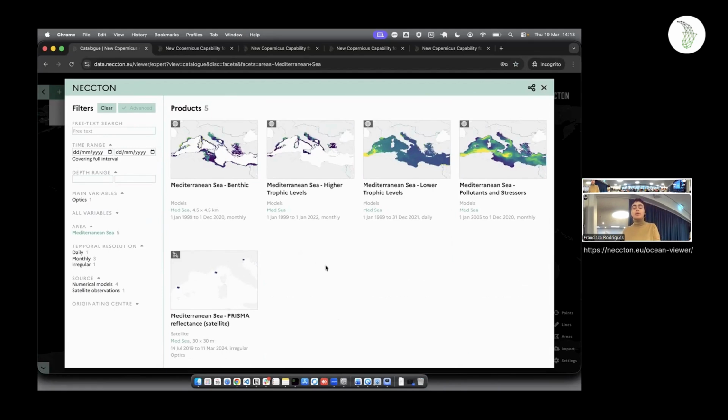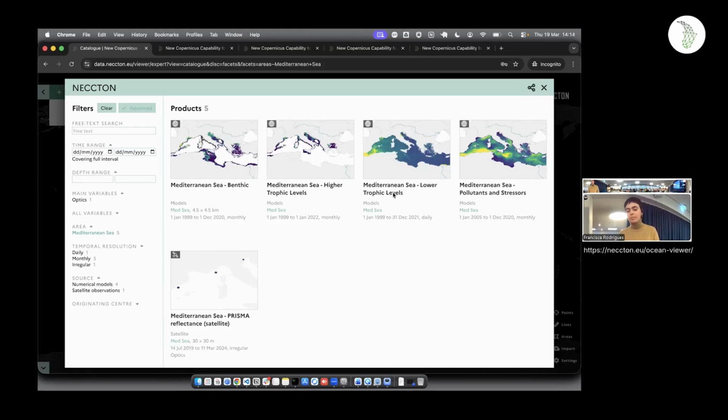This demo has been put in the framework of trying to study if there's any candidates for being marine protected areas in the Mediterranean region, thanks to a story that Olivia helped us put together. So we want to see how the data looks like at different points of the food web,